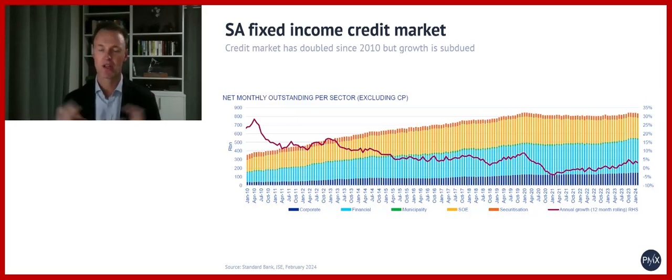Really, the only real credit bonds we could buy were Eskom, Telkom, a bit of Transnet more in recent years, and then some of the infrastructure type bonds. At one stage, Eskom bonds actually even traded at a lower yield than governments because it was seen as a better credit quality. But essentially what you'll see is there's been a growth in the bonds, but a declining growth trend, I suppose. So there's been a big demand in this space.